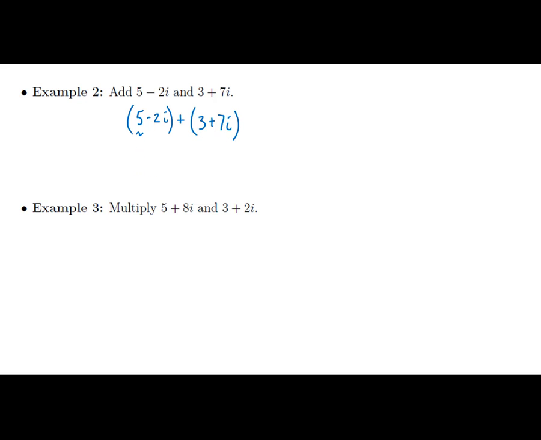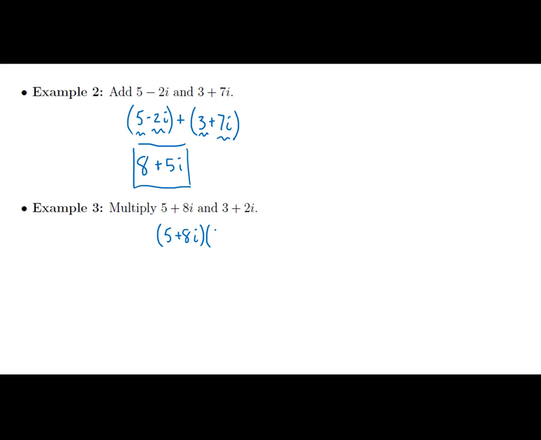So my 5 and my 3 are real parts. I will combine them. And then my minus 2i and plus 7i are the imaginary parts. I will combine them. So adding complex numbers works in the exact way you would assume it would. If I want to multiply two complex numbers,